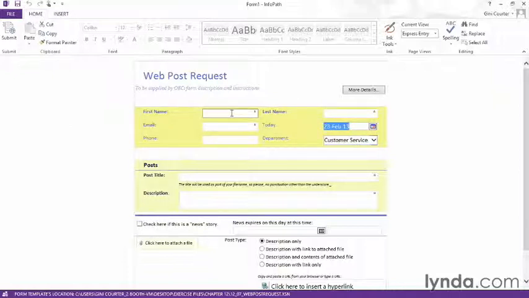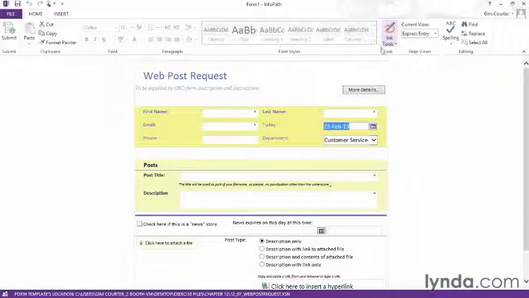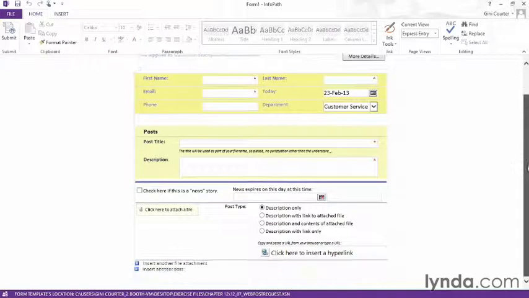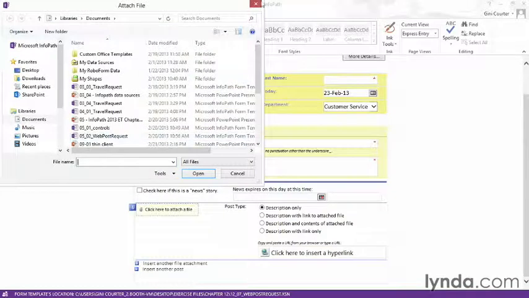We have 3 ribbons, a Save button, we have the ability to click and fill items out, we have the ability to tab. This particular form can be completed using inking, so I can ink in different places if I wish. I have all these familiar controls available to me, text boxes and date pickers from places like Outlook, drop-down lists, which we see throughout Windows, and then some other types of controls that we aren't as used to, but we're going to figure out how to use really quickly right away because we have like click to attach a file,